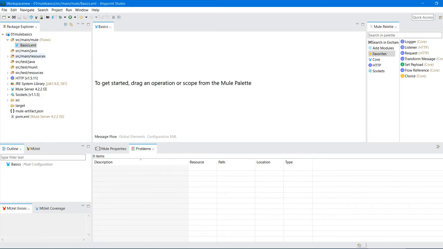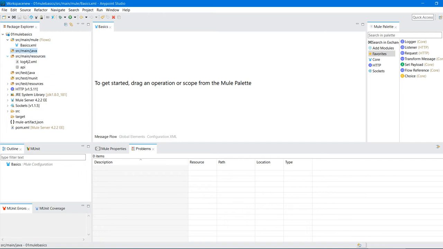First, let me go through each and every part in this Package Explorer. When you create a project, under src/main/mule, src means source. So whatever Mule applications you are going to create, XML files will be stored under this src/main/mule. And if your project has some legacy Java applications or Java classes, they will be placed under src/main/java, and we can consume methods present in it. We can use the Java class once you place it under this src/main/java.